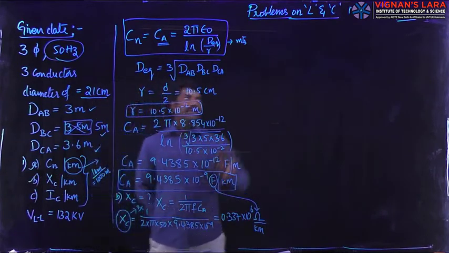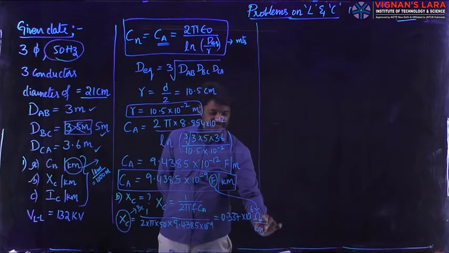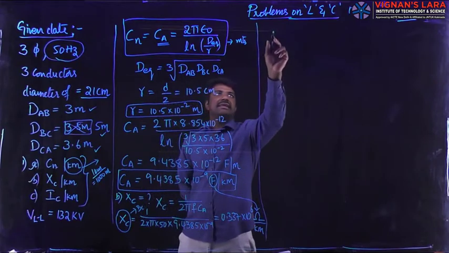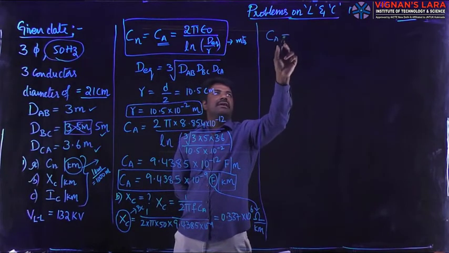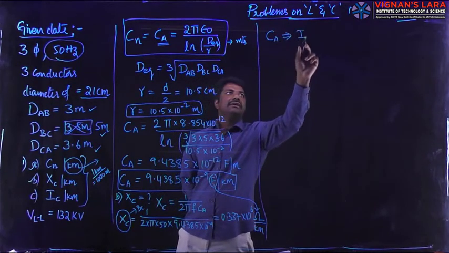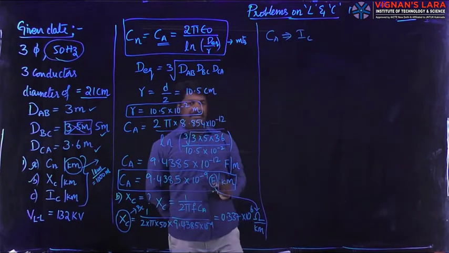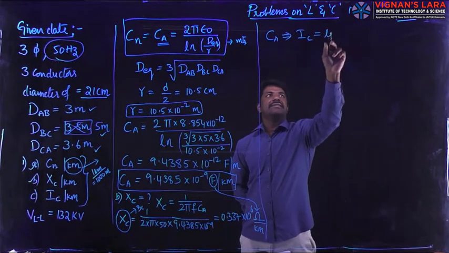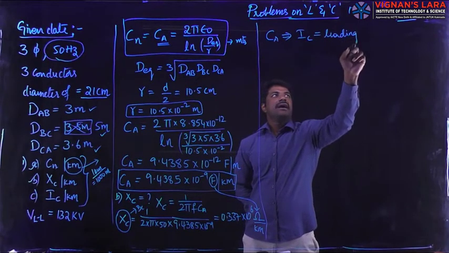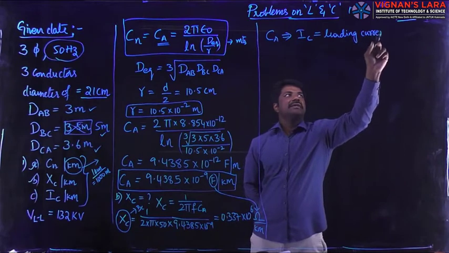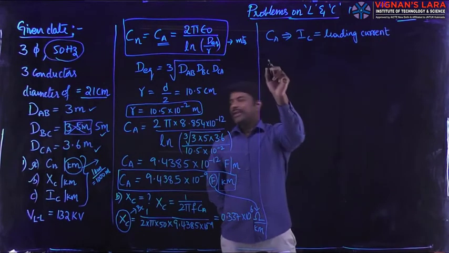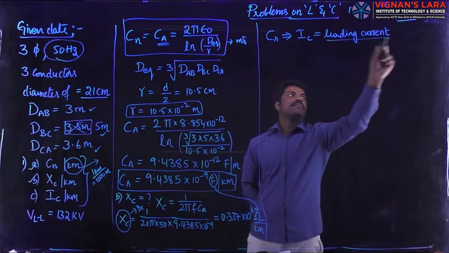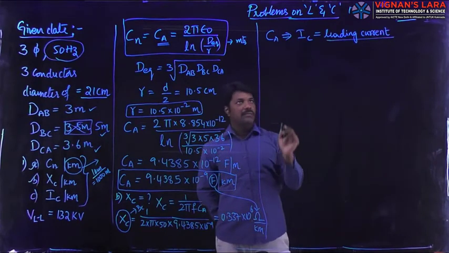And coming to the third bit, the last bit, as all of us know, due to the existence of this capacitance C for a conductor, there obviously flows a current called the charging current, where the charging current IC is leading in nature. That is why I call that current the leading current. Now in our third bit, we are going to calculate that charging current, in leading form, for a length of 1 kilometer.